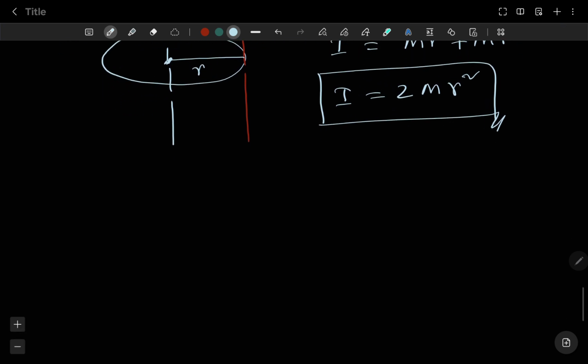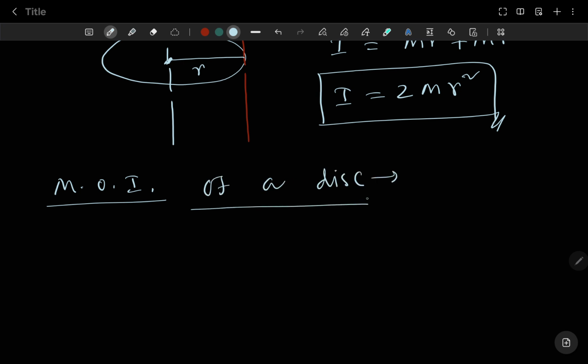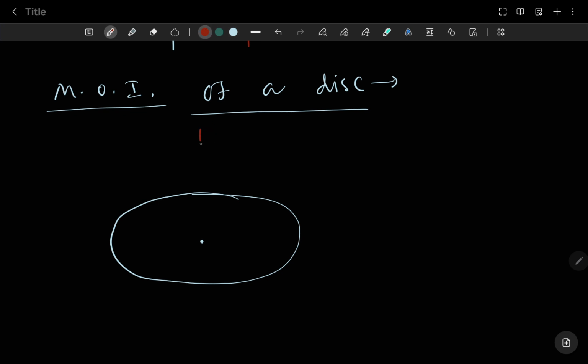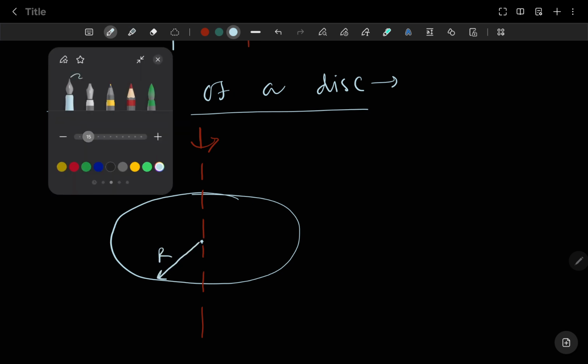Now let us calculate the moment of inertia of a disk. Okay, suppose we have a disk here. So first the axis will be like this, passing through the center and perpendicular to the plane of the disk. It is rotating. Okay, the radius of the disk is r. Okay, now we will first consider